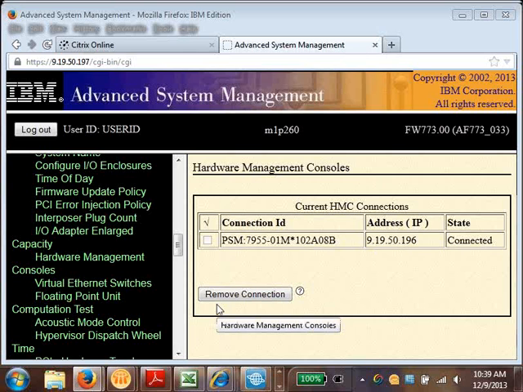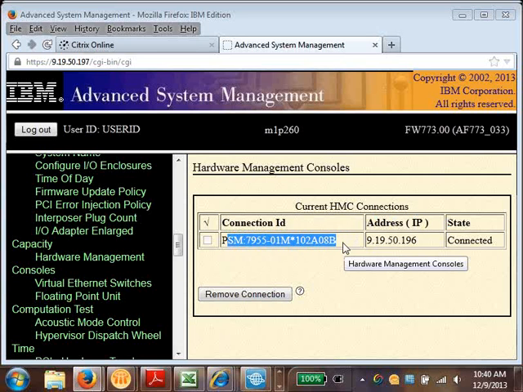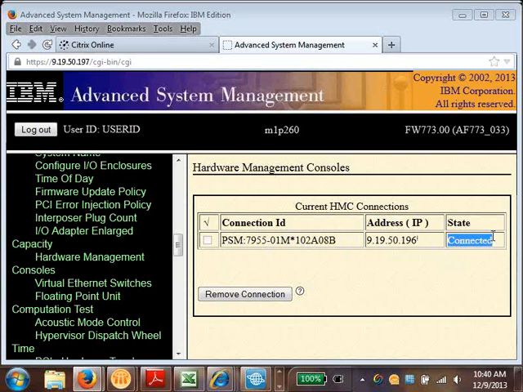I see you got ASMI here. Yeah, I'm in ASMI, and I did log in as user ID. And at the time, this PSM 7955, that's my FSM. So when I had the problem, I actually saw my FSM and I saw my HMC in here. I saw both. Okay. And that's how I knew there's something wrong here, because I should not see both. And when you go through the steps and do the delete of the nodes, I'm sorry, not the virtual servers, the physical servers, the managed systems, this PSM entry should go away. And so if nothing's managing it, it won't even show this line at all.